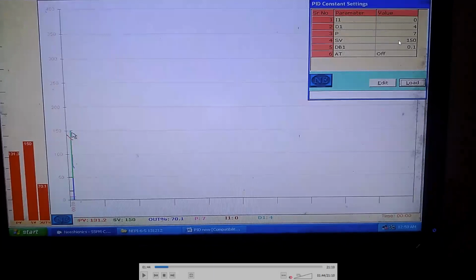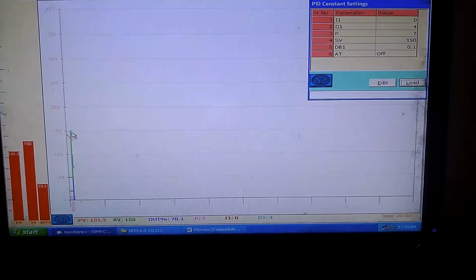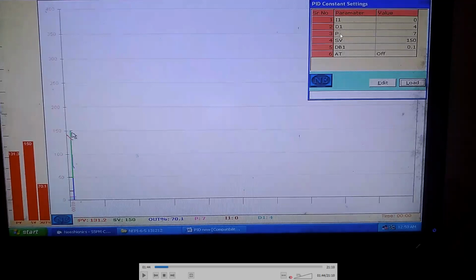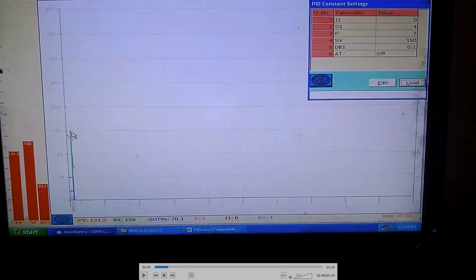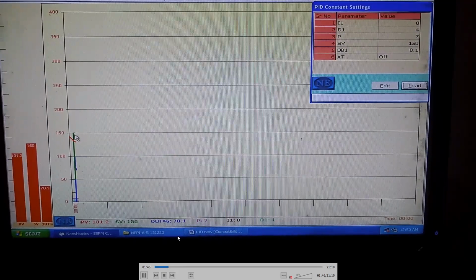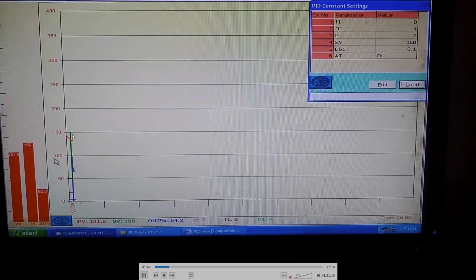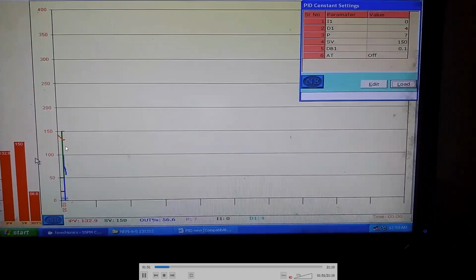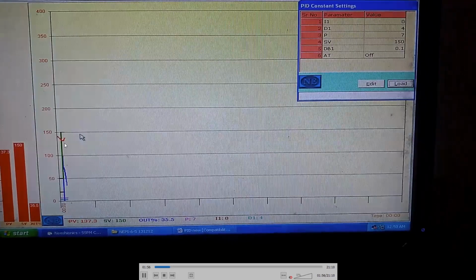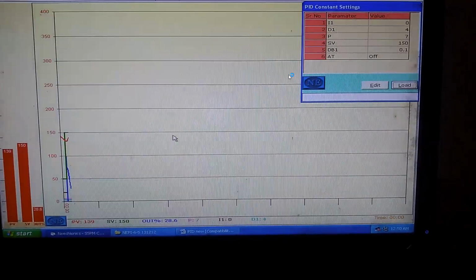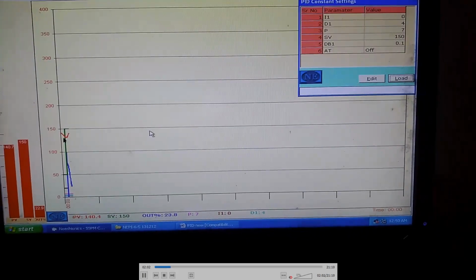Okay, and arbitrarily I have given the derivative gain, that is constant Kd. Here it is D only, and the proportional gain is represented as P only. Okay, so I have set these values as 4 and 7. This is just arbitrary. We have to observe, if you change the values, what is the effect on the process value. So you can observe on this graph. So this green line gives the step response, step input. Okay, so the step input we have given as 150 degrees Celsius, and here red represents the process value. So depending on these two parameters, this process value will change.